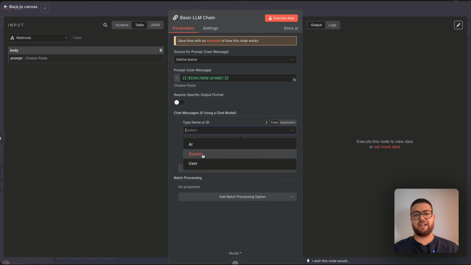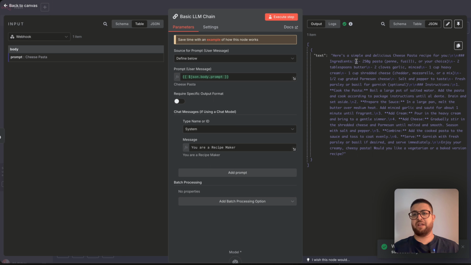Anytime information is sent, it would act as a recipe maker and then send us the instructions that we need. For example, here is a simple and delicious cheese pasta recipe for you, and then it gives us all the information that we need.